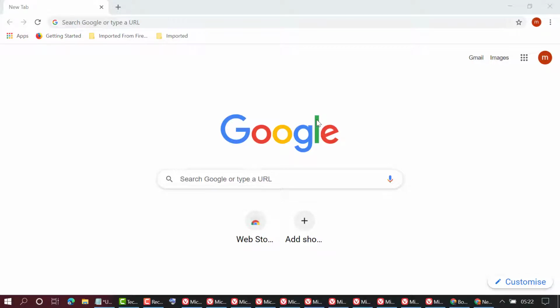In this video, I'm going to show you how to set Yahoo as a default search engine in your Google Chrome browser. So if you want to use Yahoo as a default in your Chrome browser, firstly open Chrome browser, then click on these three dots,